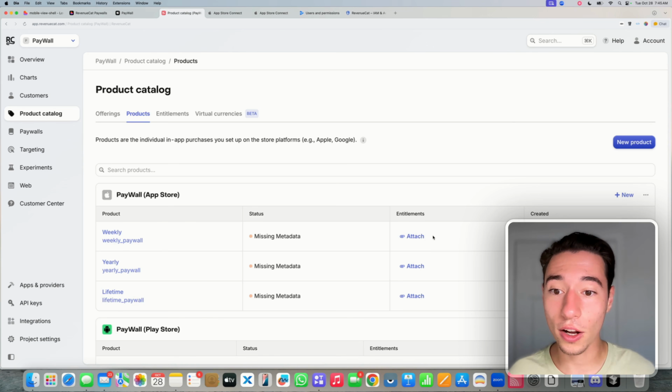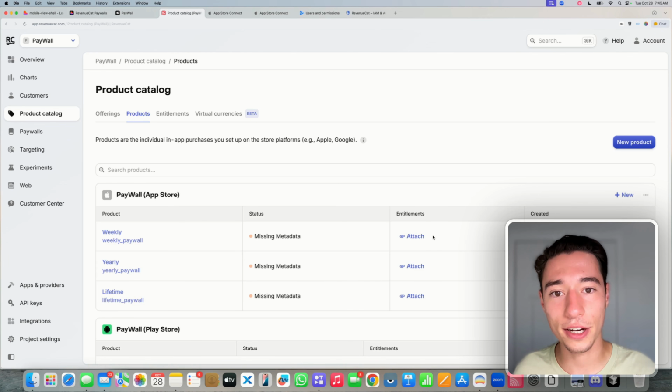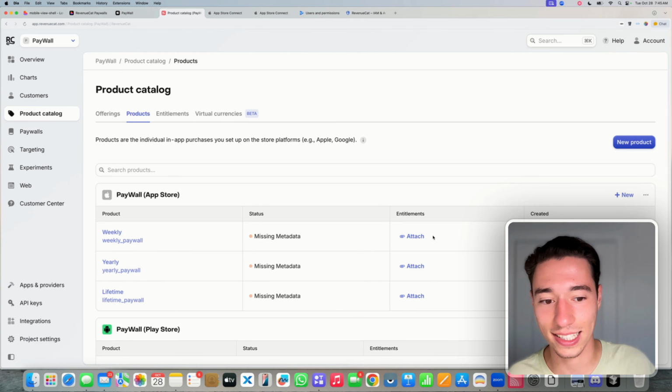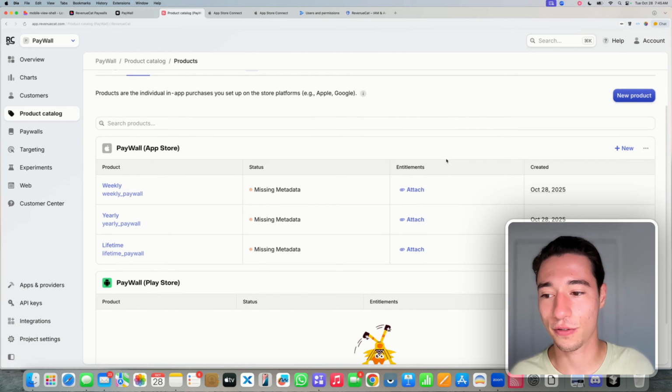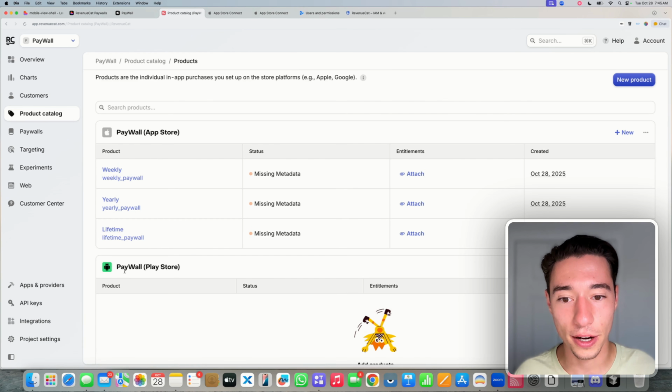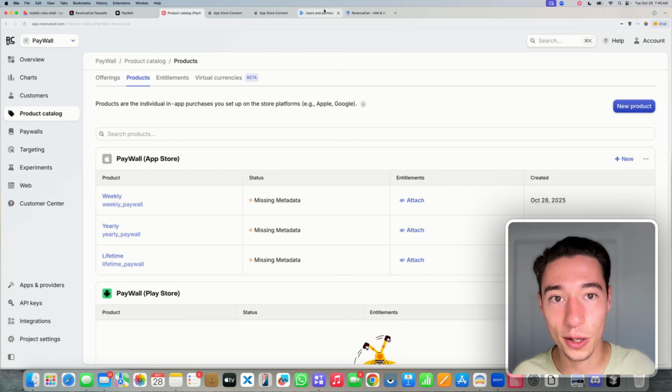Now, because all of them are going to grant access to something, they will all eventually share the same entitlement. Entitlement is what the user is entitled to accessing. But we're just going to not look into that yet, because first we need to import the ones from Android. So now that we have this nicely set up, let's go to the Play Store and create a weekly, a